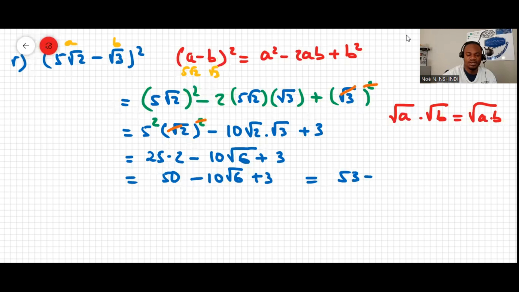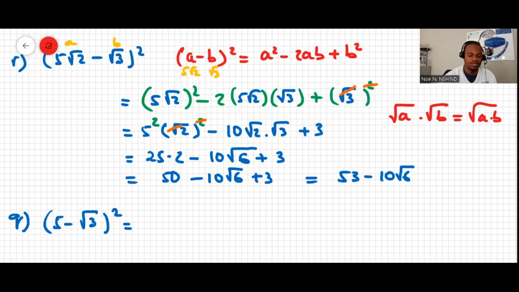3 minus 10 root 6. Okay, that was question R. I think I didn't do question Q. Question Q is quite similar to question R. It's like 5 minus root 3 to the power of 2. We apply the same formula here,